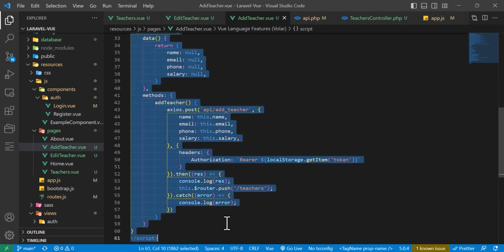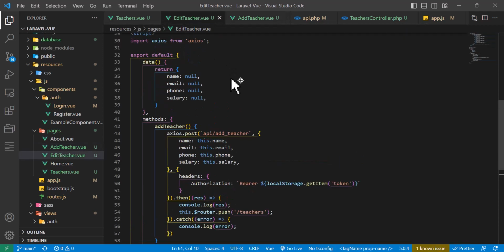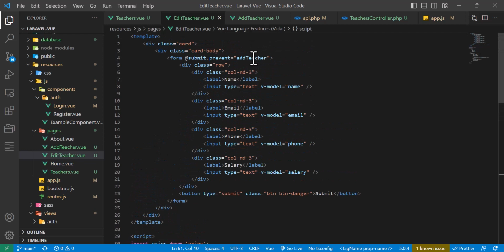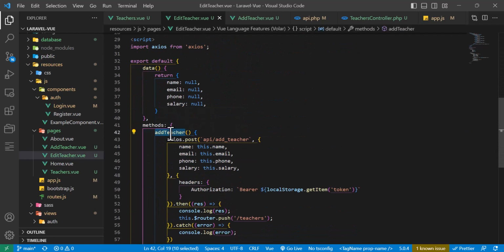So I will copy everything from here and paste it inside here. Now instead of add teacher, I will just type edit teacher and copy this, paste it here. In here nothing else will change except the URL. So for now URL,